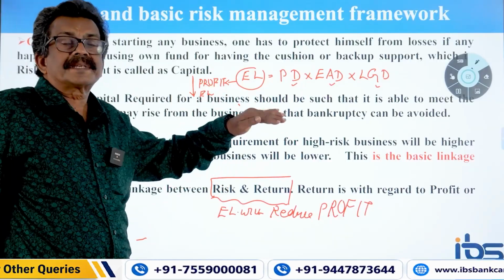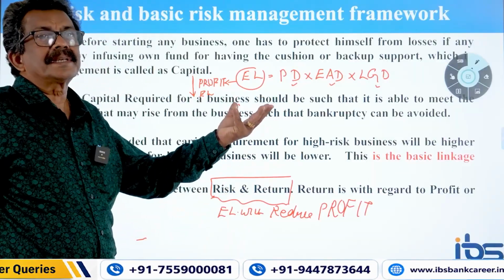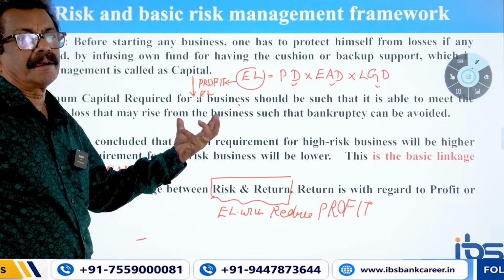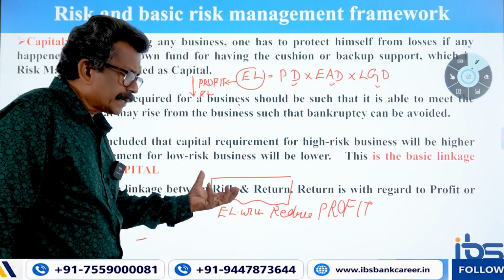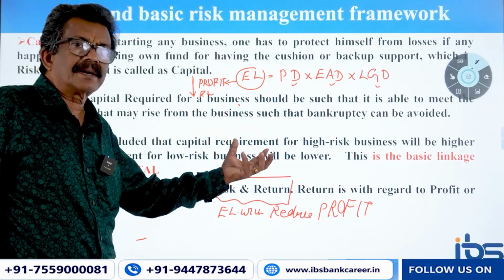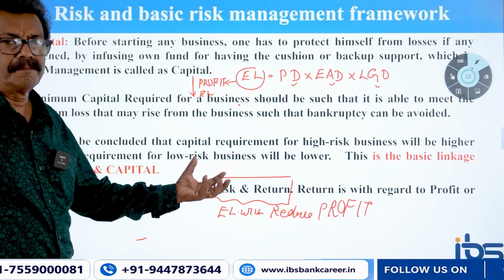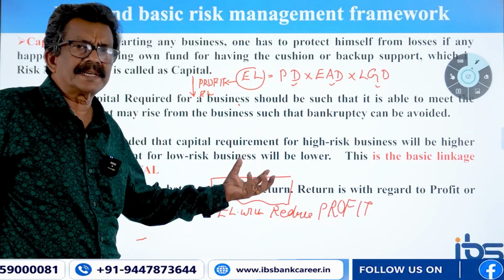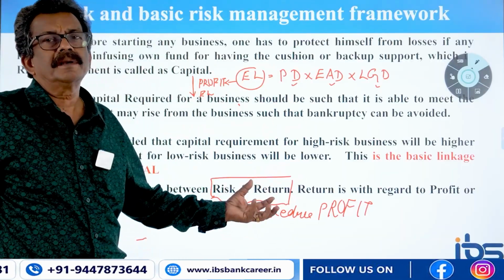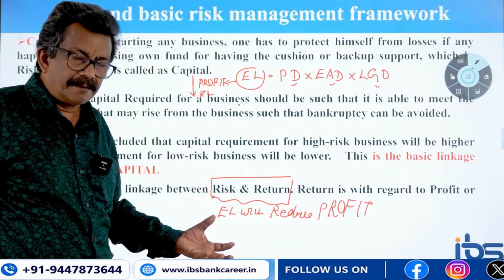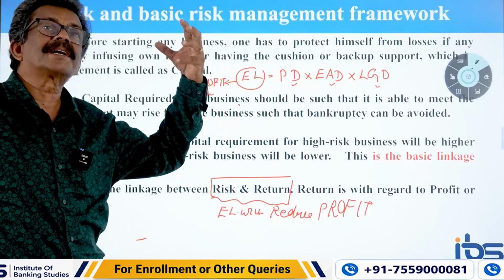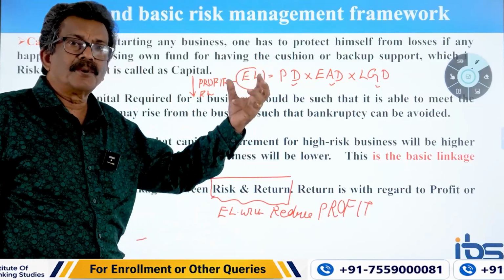What is the linkage between risk and capital? You take higher risk, you keep higher capital. So higher risk means higher capital. Now, risk and return: what is the linkage? Higher risk means profit can either go up or come down. Come down in what situation? When you quantify the risk as expected loss and reduce it from the net profit, it will affect your profit. It will come down. And when you take higher risk, there is a chance of shooting up the profit, so the return will be more in such cases. So both ways, it can happen.